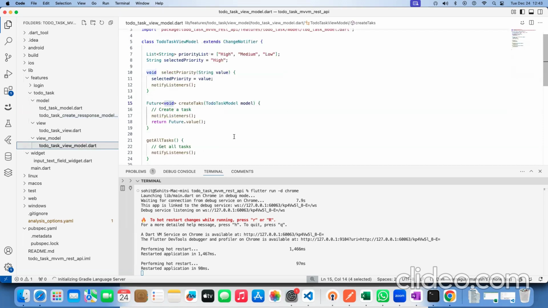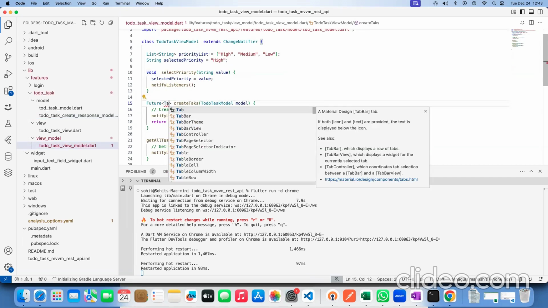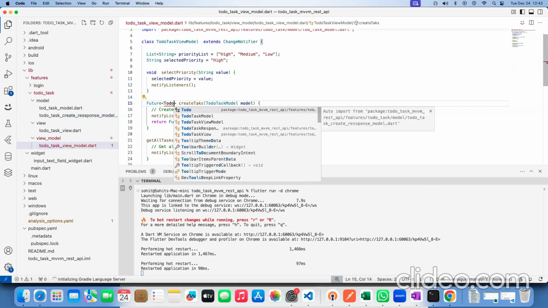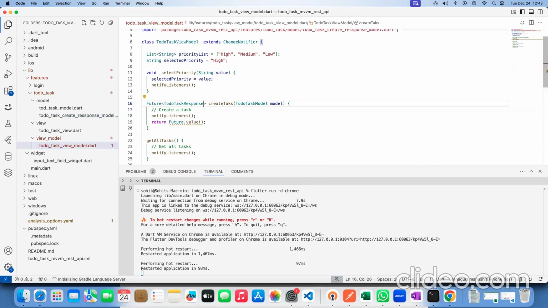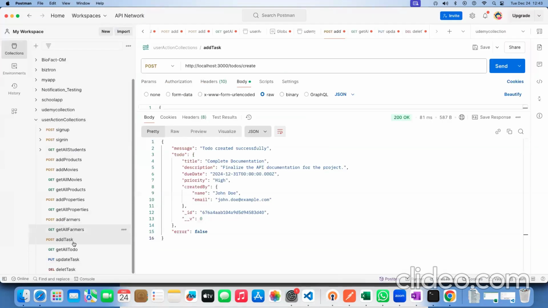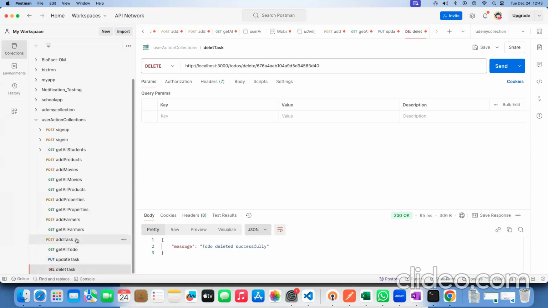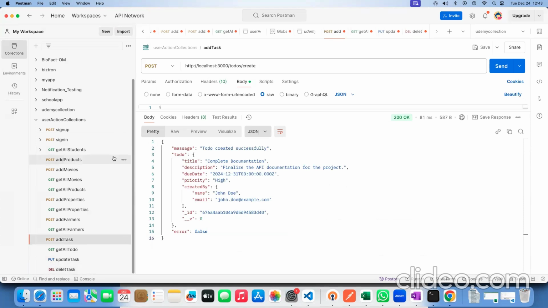Now in the API task view model, I send it back to the view as ToDoTaskResponse. Clear? So now I need to call the API, right? So what APIs are there here? We have all the APIs, right? Add task, get all todos, update todo, and delete todo, right? So in the add task,